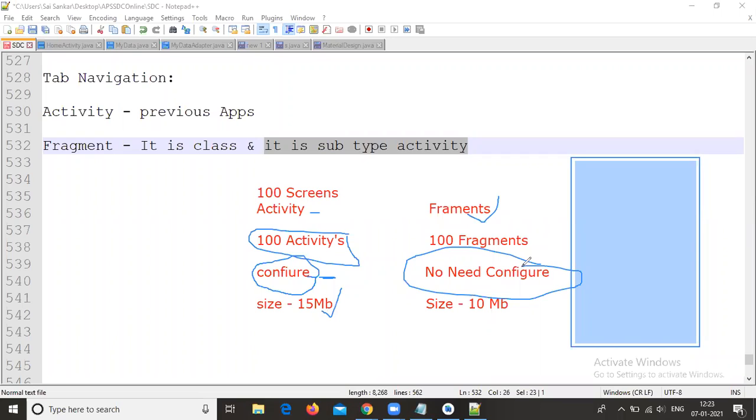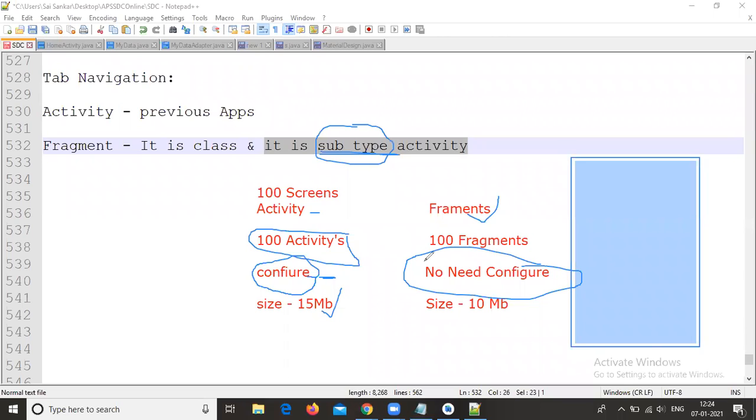For fragments, we don't need to configure them in our manifest.xml file. So why? Because it is a subtype of activity. If it is an activity, we need to configure it. Because a fragment is a subtype of activity, we don't need to configure these fragments in our project.